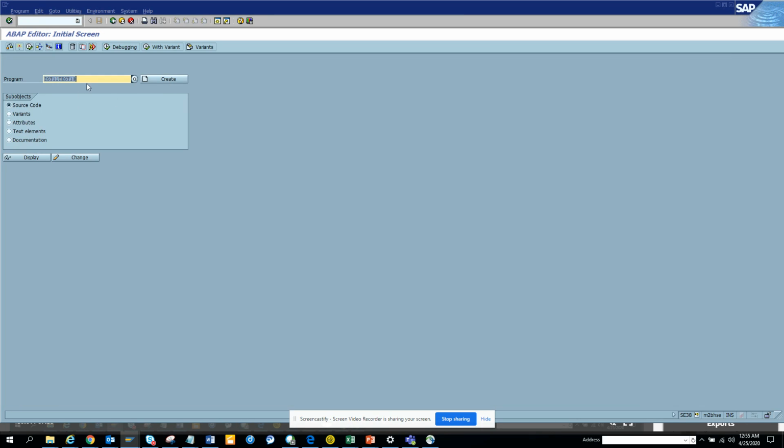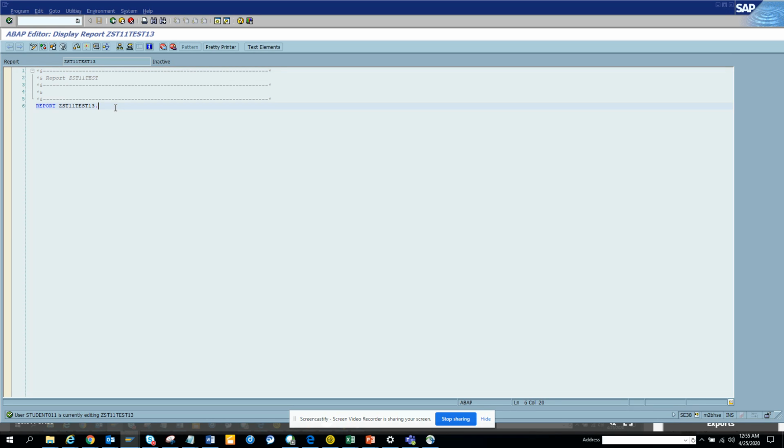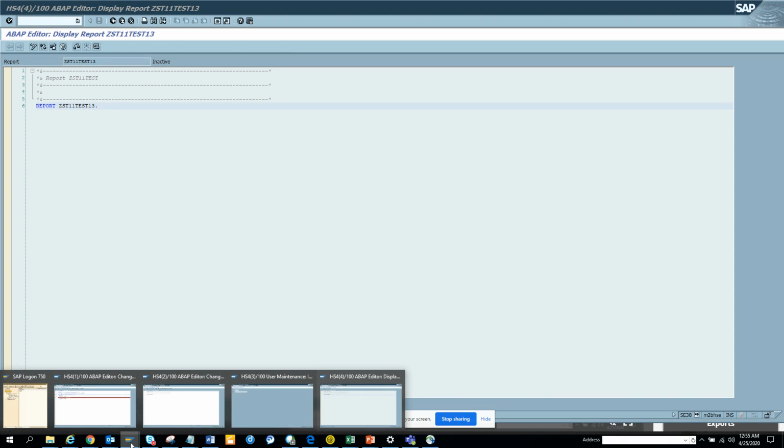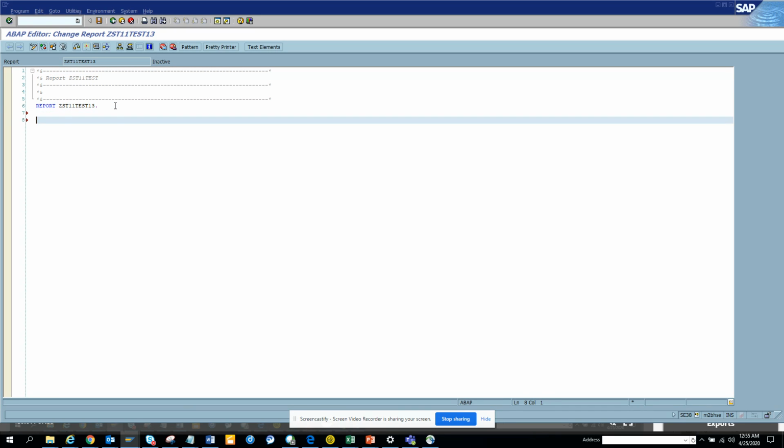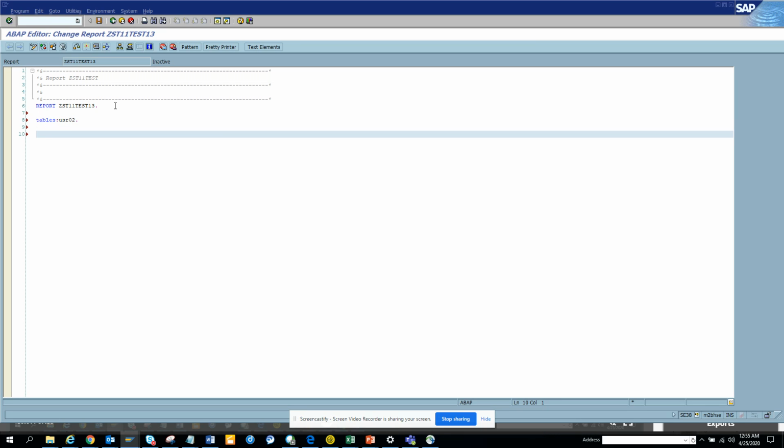So this is a program, and here we will just create some select option. So I'm going to change mode. Probably I have opened it somewhere. Yeah. So here I'll add a select option. First I'll mention tables USR02, and here I'll put select